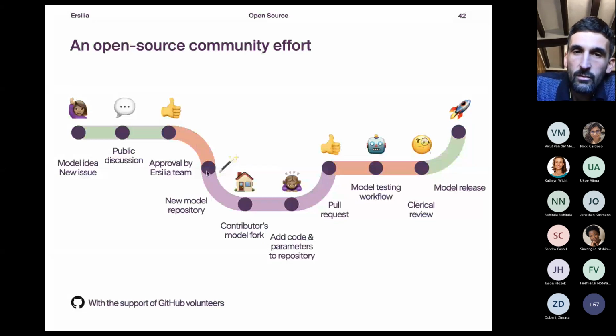And when this happens, basically there is a coding infrastructure that is opened for this user where they can incorporate the model in their own computers. And at some point they will say, okay, I'm ready. I'm going to give it to you now. And then this model is submitted, we approve it. There are some automated workflows that happen in our cloud. Then we do some clerical review, leveraging our community, and when everything looks good, we release it. Only when this whole pipeline is completed, the model is eventually published in our resource. So we can call our resource well curated.